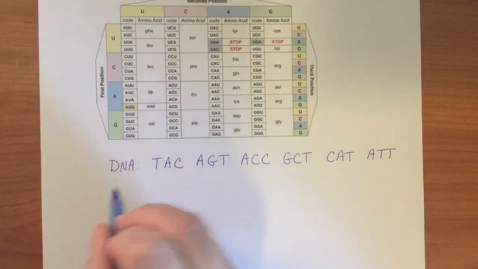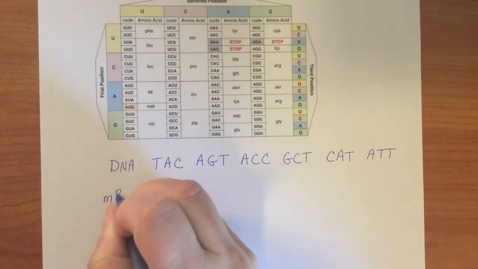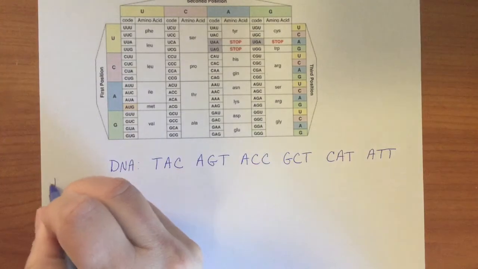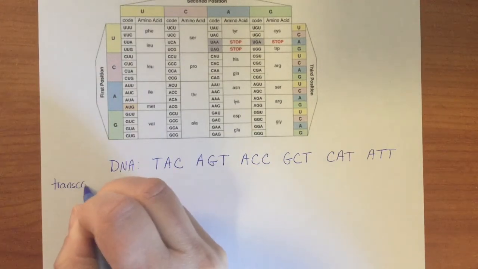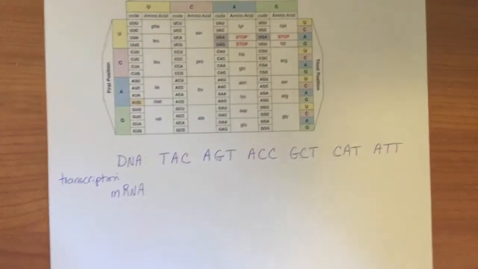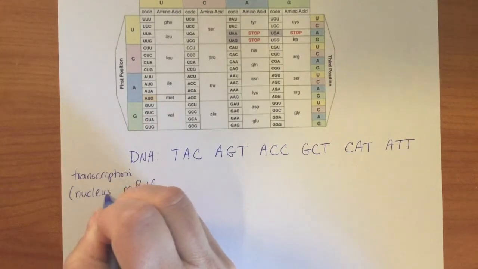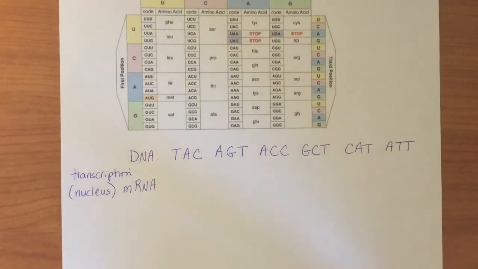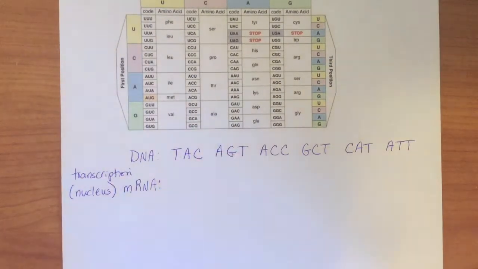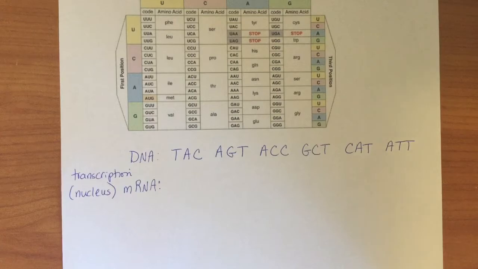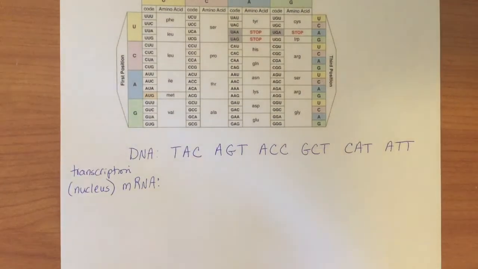So what we need to do is transcribe it into messenger RNA. This process of turning DNA into messenger RNA is called transcription. And transcription, by the way, happens inside the nucleus because that is where the DNA is. And because the DNA cannot leave the nucleus, RNA's job is to get the message out of the nucleus to the ribosome where you can then build the protein, because a protein is made up of a sequence of amino